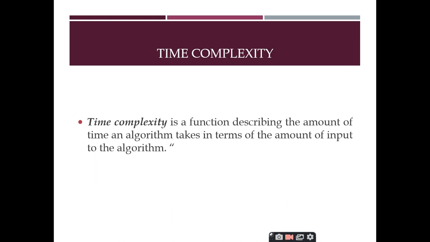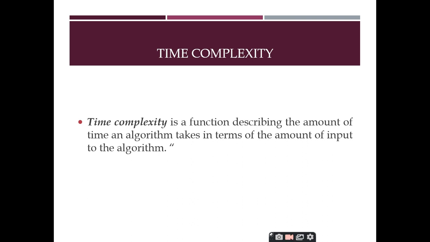Right. So this is the definition of the time complexity. Time complexity is a function. Listen, this is a mathematical notation. Since the algorithm was developed by a mathematician, everything he wants to explain in terms of mathematics only, right? So time complexity is a function that describes the amount of time an algorithm takes to execute. So the total time taken by the algorithm to execute, we can call it the time complexity.